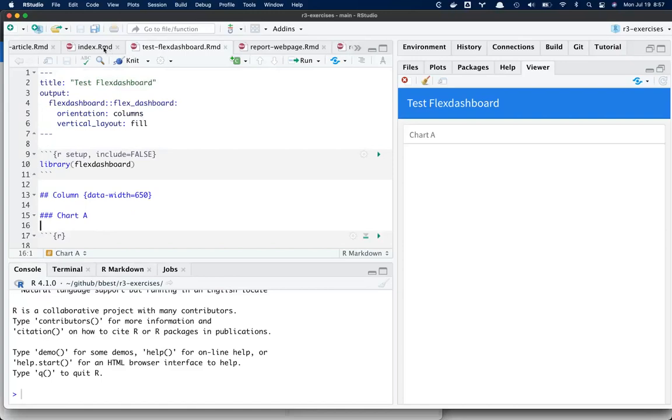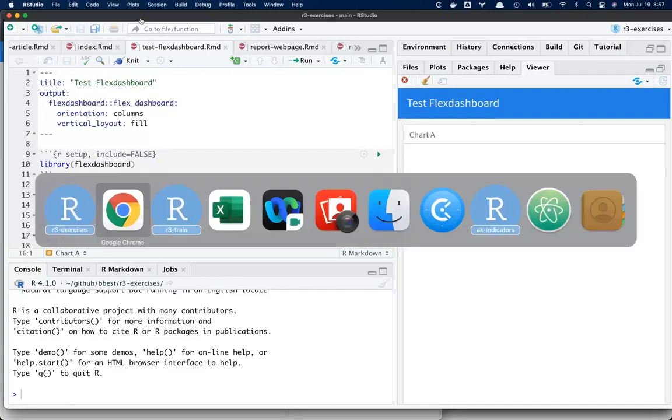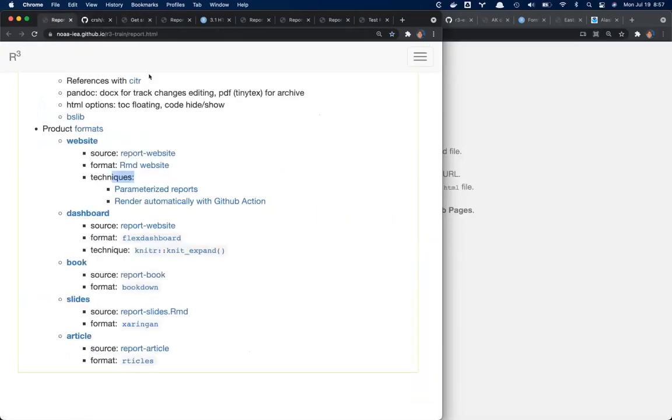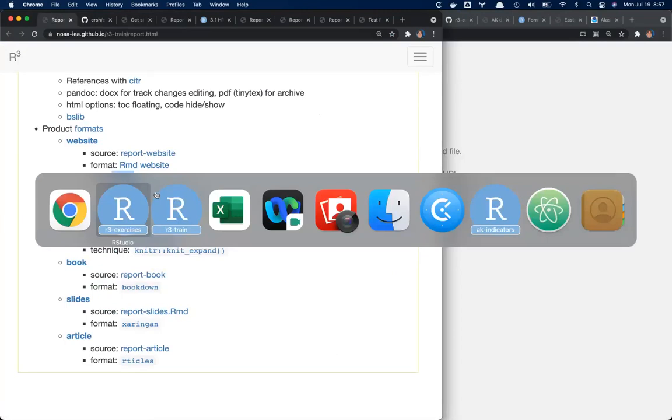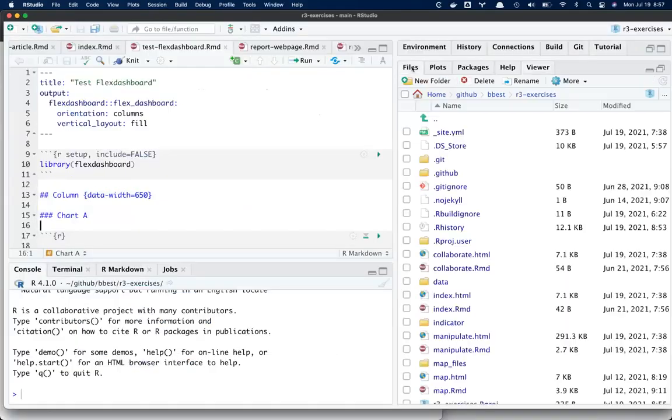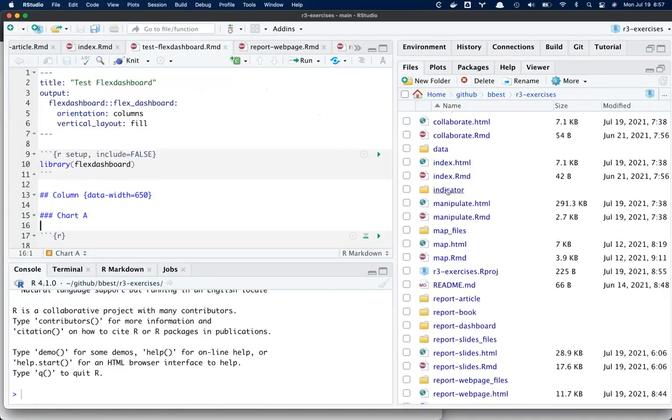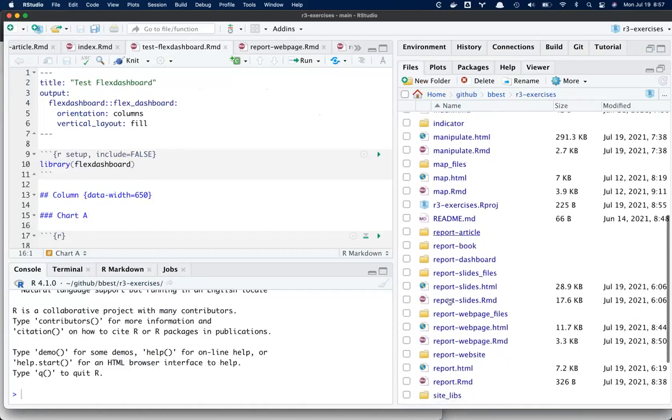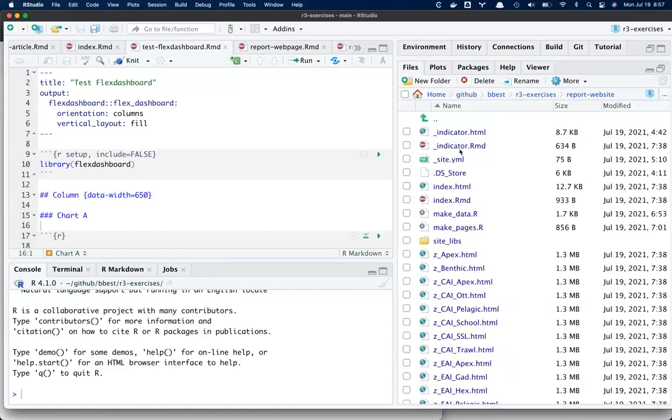And then what I want to talk about is, what are all the tweaks that have to happen to get to this place of using a parameterized report and then rendering with GitHub Action. Well, with the parameterized report, with this report website,